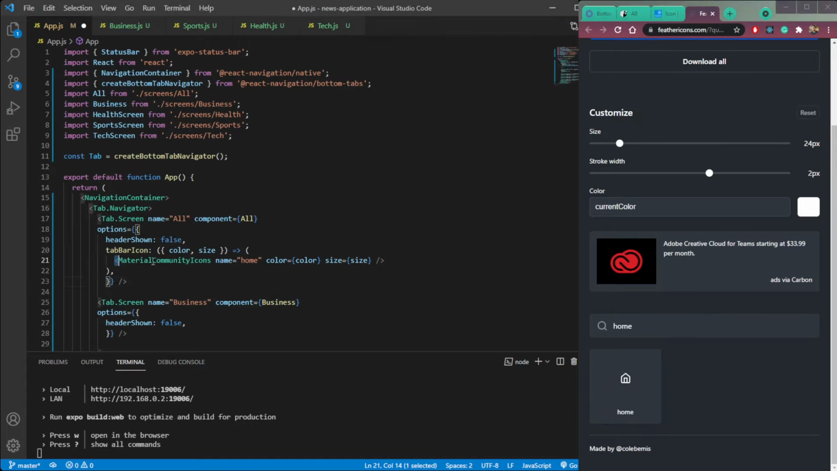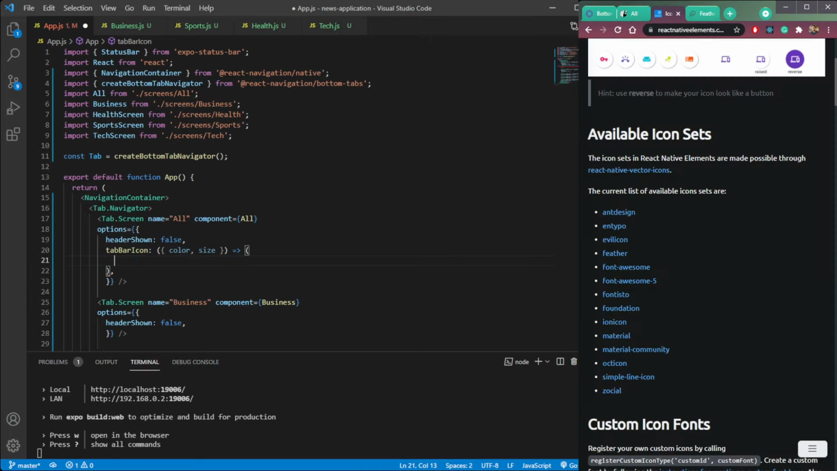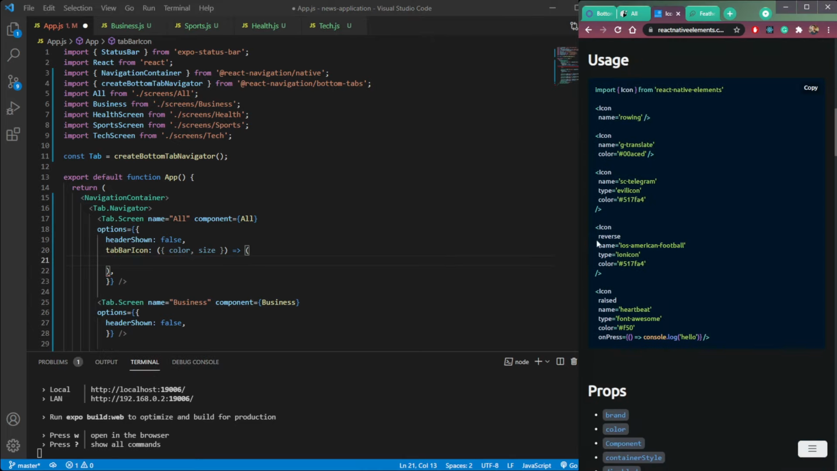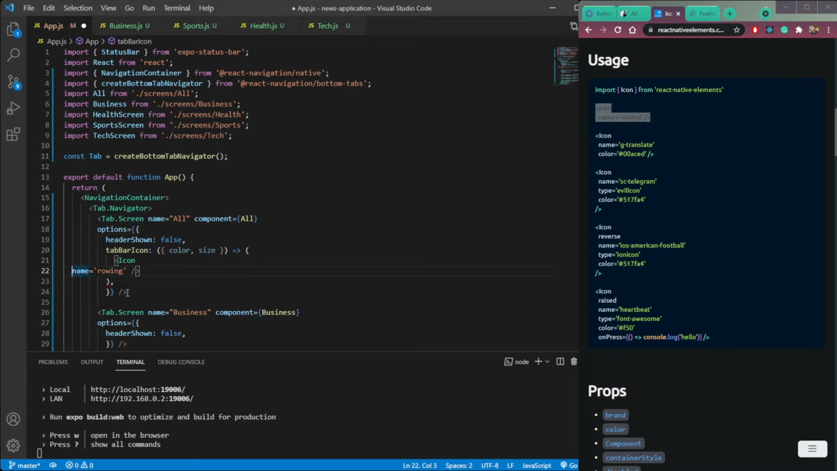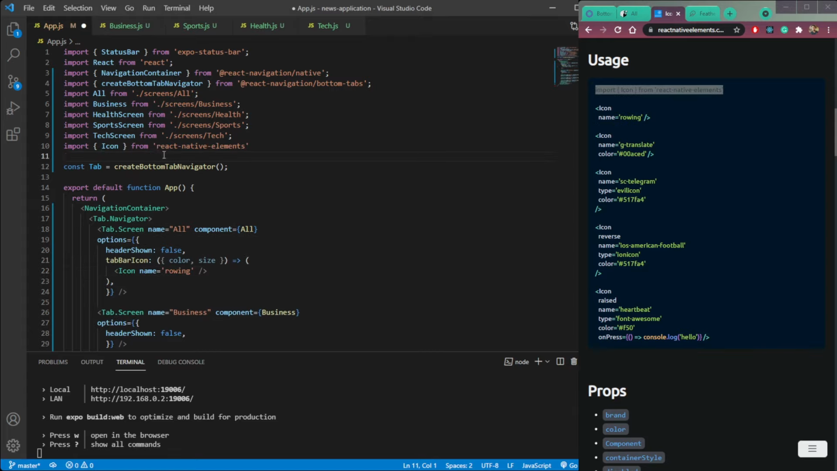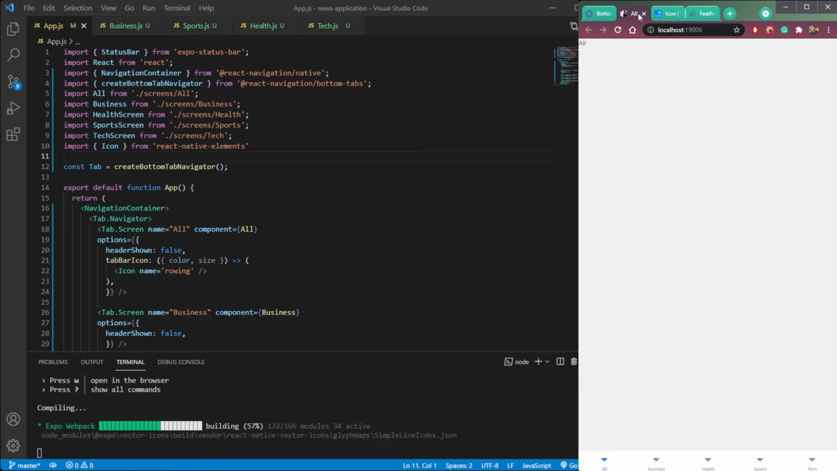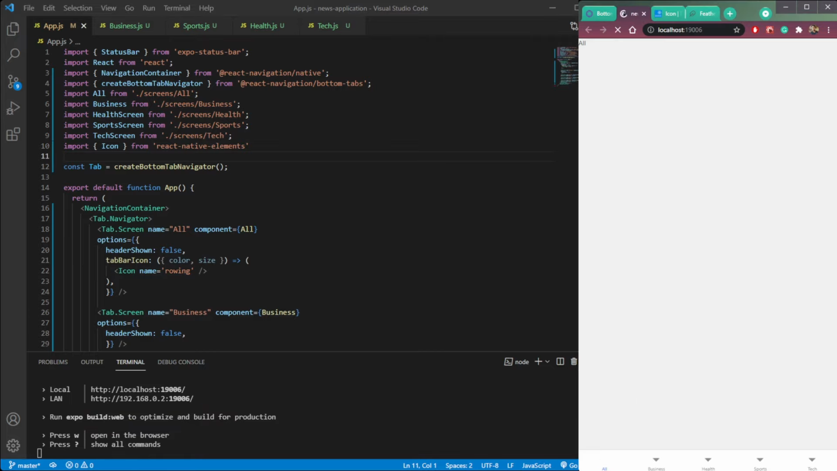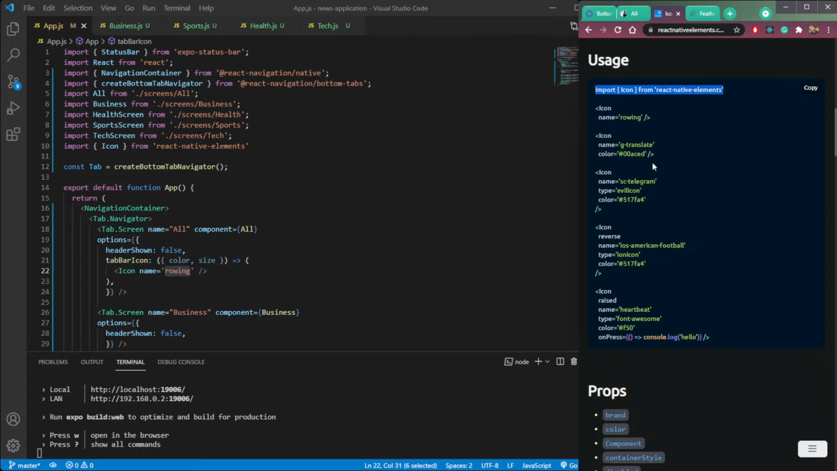Replace this material community icons with this icon name, this icon syntax. Then import it at the top here, save it. You will see we have the icon here with the rowing icon showing, and now we need to define a